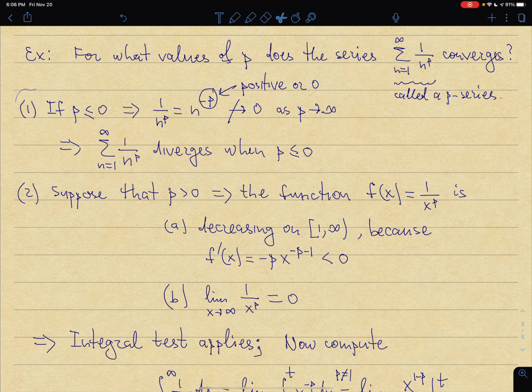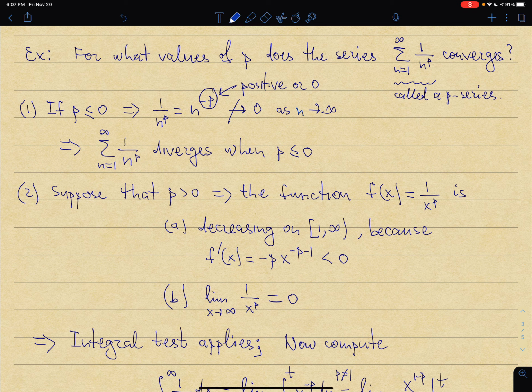First, let's look at the case when p is less than or equal to 0. If p is less than or equal to 0, and I look at my 1 over n to the p, I can always write 1 over n to the p as n to the minus p. And if p is negative or non-positive, then minus p should be non-negative, right? So minus p is either 0 or a positive number. So then if I take a limit of n to the minus p as n goes to infinity, not p, sorry,